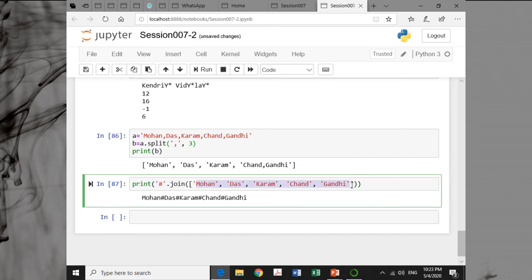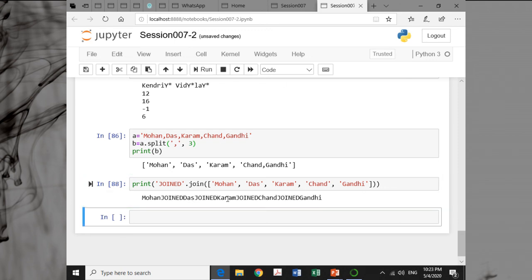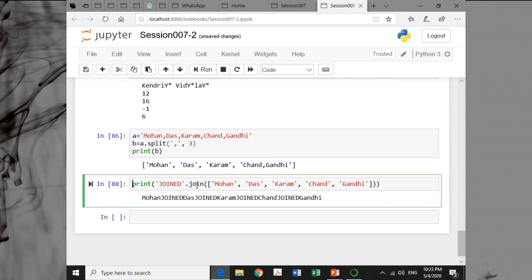So all these strings are concatenated, and in between each concatenation there is a symbol used, hash. Suppose if I write here JOINED, so it will be Mohan joined Das joined Karam joined Chand joined Gandhi, like this. So this is how you can use the join function.